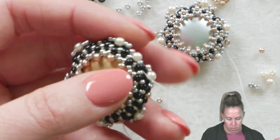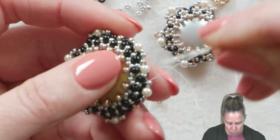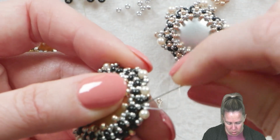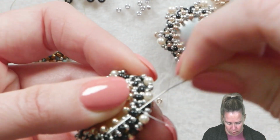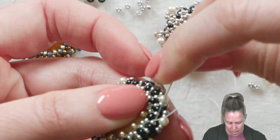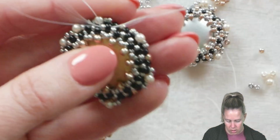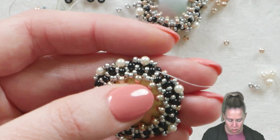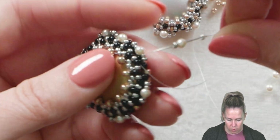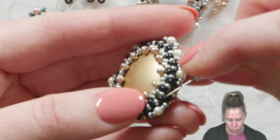So after doing so then, picking up my thread and needle, I'm just going to sew through those beads in between, going up towards the front, sewing through the 11s and the 8s, making sure then that I go over and that I'm coming out once again through that last 8 that sits right in front of that pearl combination. Add an 11, my pearl, and an 11,